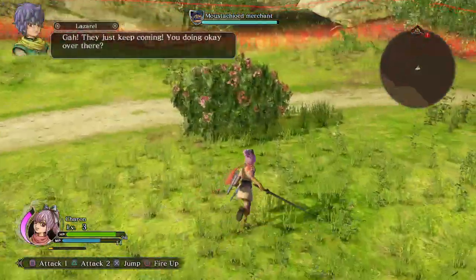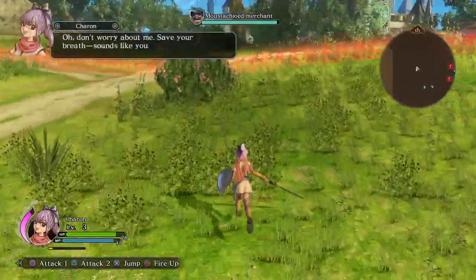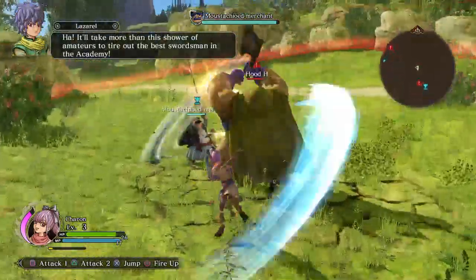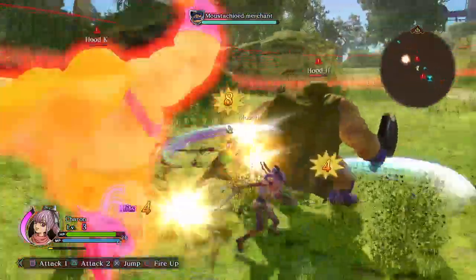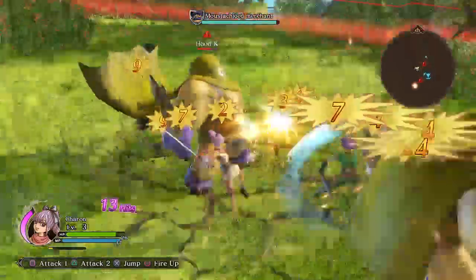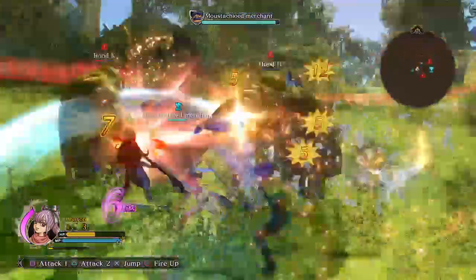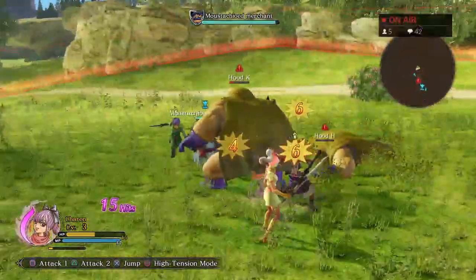Ugh, they just keep coming. Are you doing okay over there? Don't worry about me. Save your breath. Sounds like you need it. Always hit them if I see them shaking, or just hit them in general. It'll take more than this shower of amateurs to tire out the best swordsman in the academy. Yeah, when they're shaking, I should hit them. Okay. Try to keep an eye out for them. And if I see they're shaking...